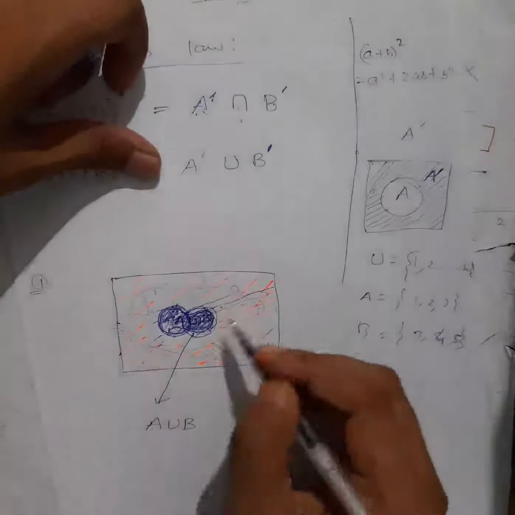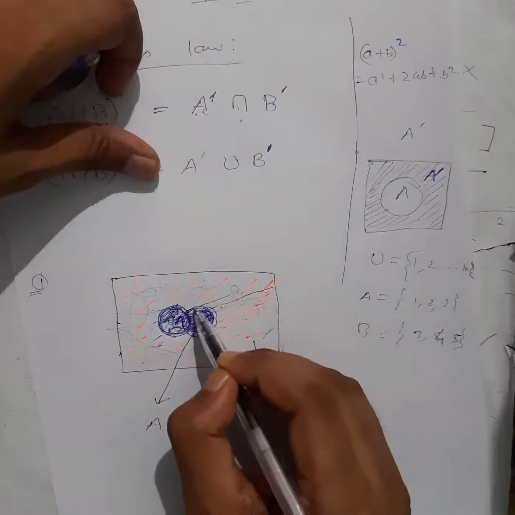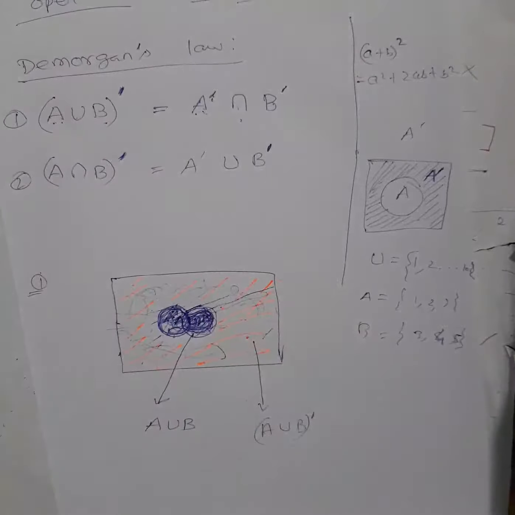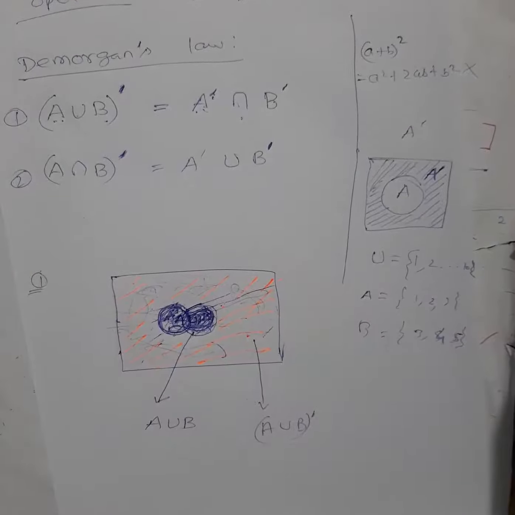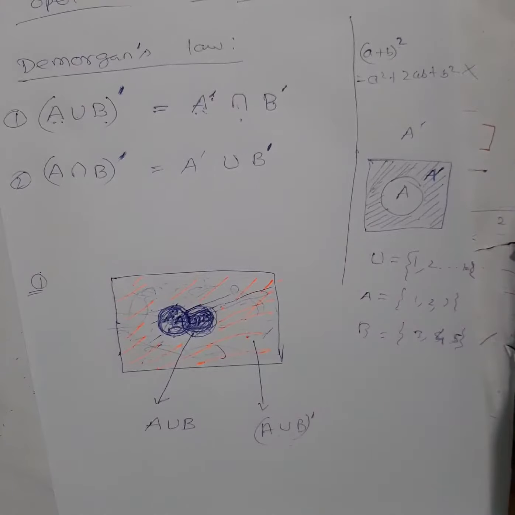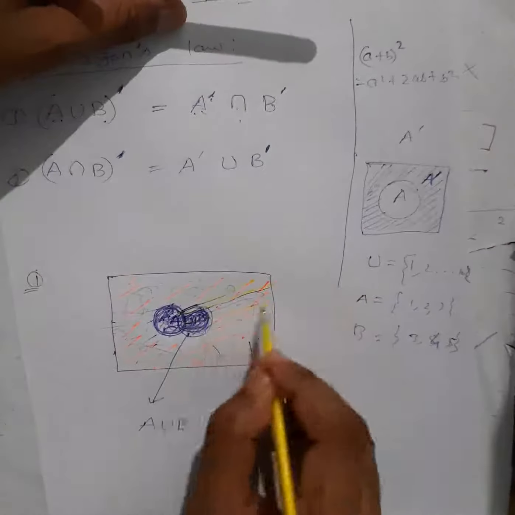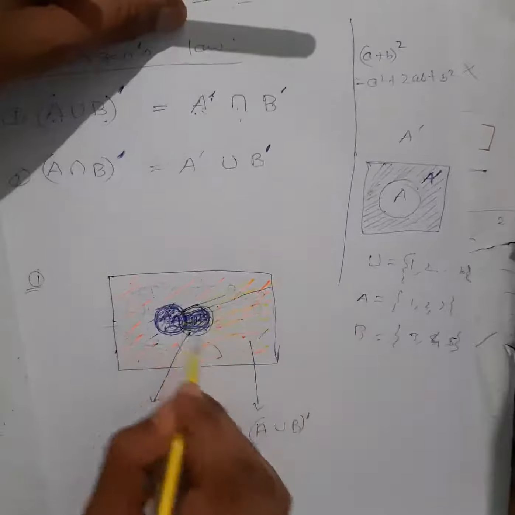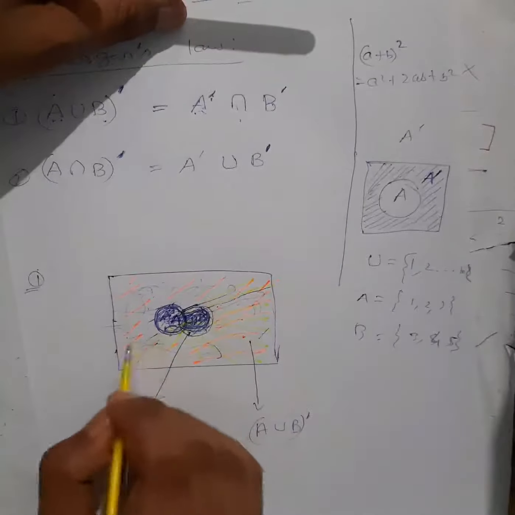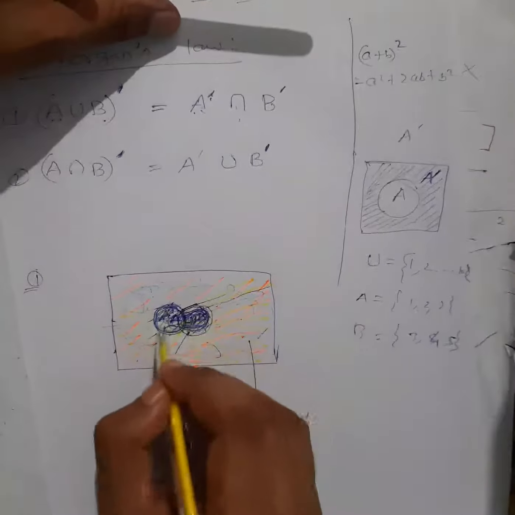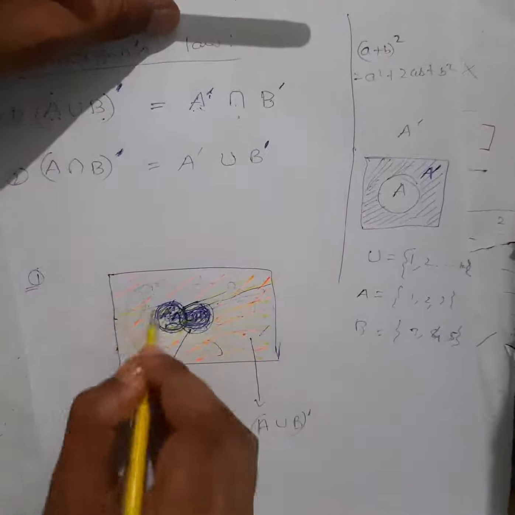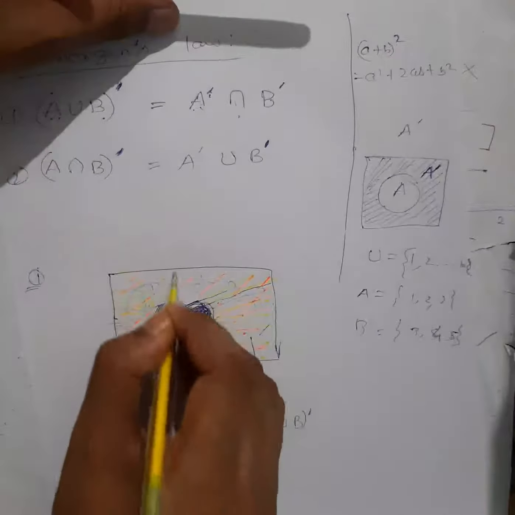If I draw it also, it will become very dirty and some students may not understand. That's why I don't want to draw it there. Okay, let me select a different color pen again. I hope you can see yellow. This is your A complement, yellow color. Okay, see carefully. It is coming on the orange region as well as, oh sorry, not here. A complement, right? I'm drawing here.